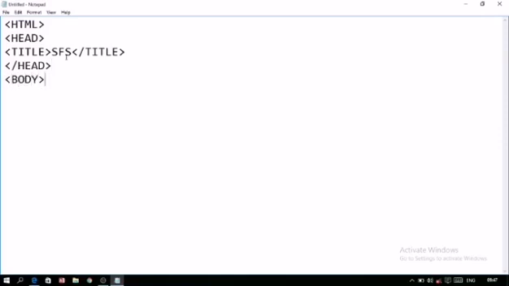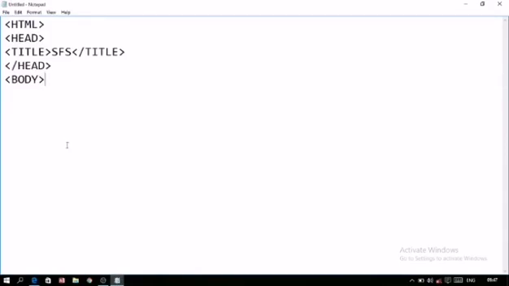Okay, let me explain that this portion is known as the head portion, and this whole white area which you are seeing right now is known as the body. So now here in this body portion, I just want to write one sentence. For example, as you are creating this program, I study in class 8.